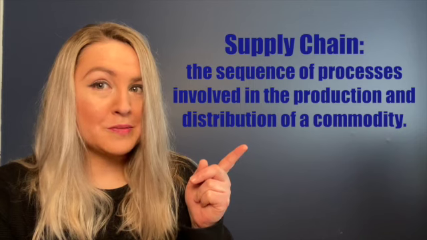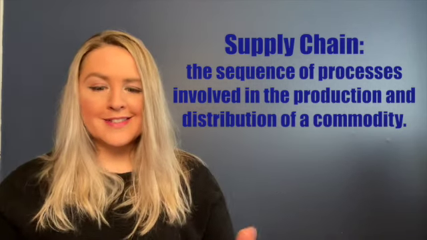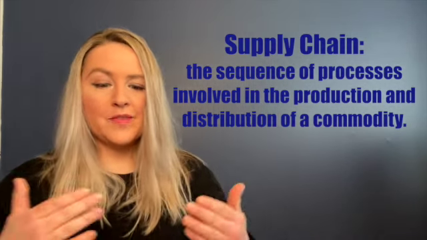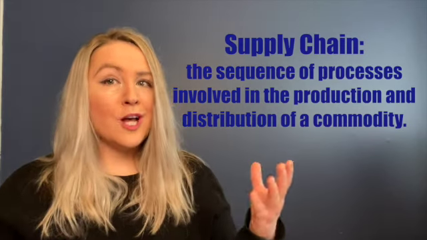This is the definition of supply chain. It's the sequence of processes involved in the distribution of a commodity. So a lot of hands become involved in our interrelated circle of how we get a raw commodity to be a finished product and then done. We're all going to have a commodity that we're going to take over the course of this class, an agricultural commodity,